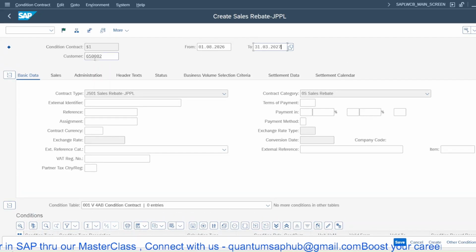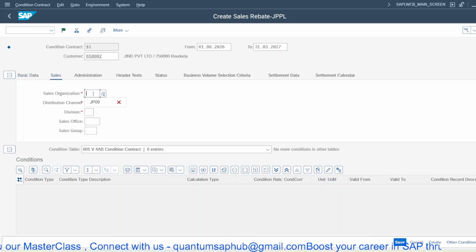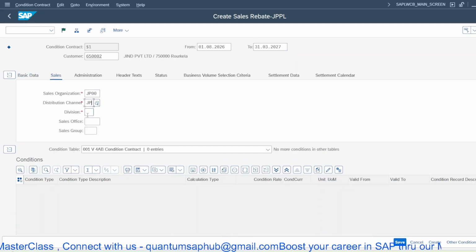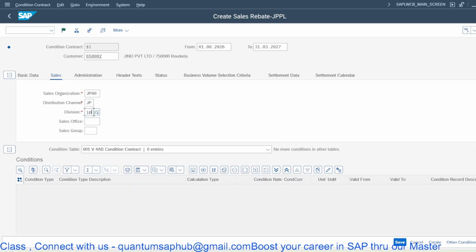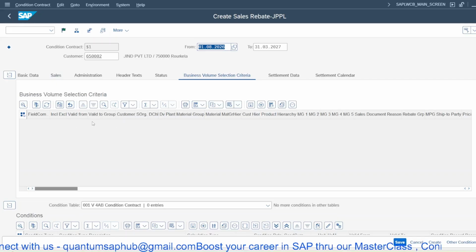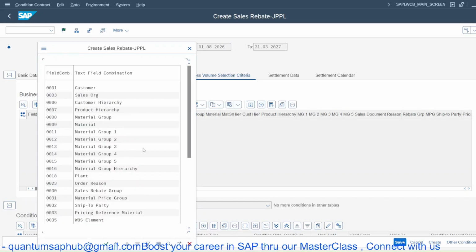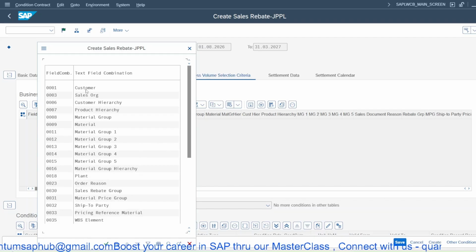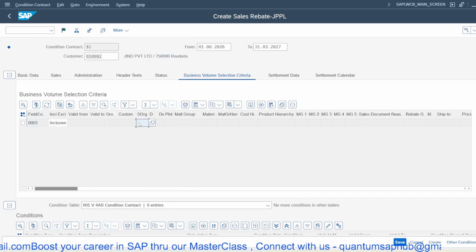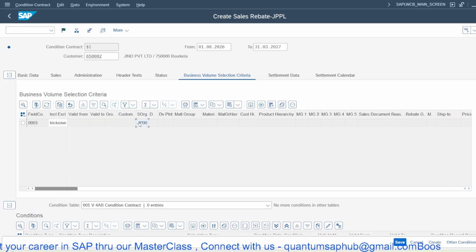So first you enter the customer code and the validity, then you go to sales and enter all the sales area data. You can go to business volume criteria and add the criteria on which the billing documents will be searched by the program. Maybe this first criteria will be sales organization. I want to make the contract validity for this sales organization,